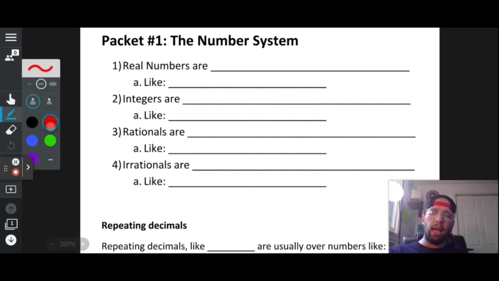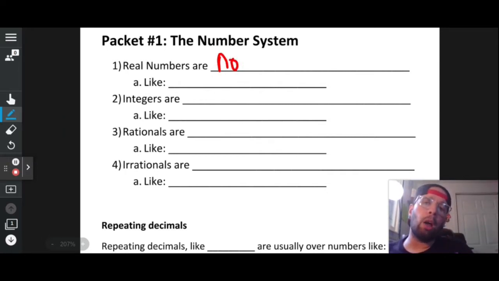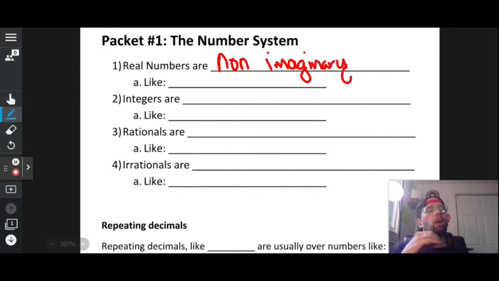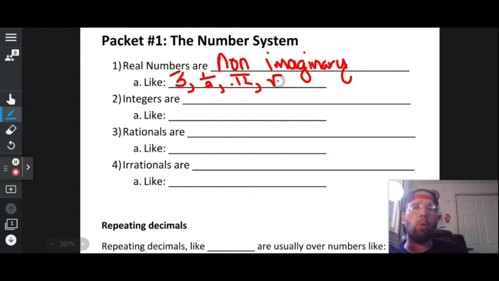Real numbers are basically any non-imaginary number. And if you're like, what's a non-imaginary number? Well, if you can come up with a number for a word problem, like 3.25, I spent $3.25 at the store. I need to take the square root of 20 feet. That's a real number too, and it may not be pleasant, but all real numbers, like 3 and a half and 0.12 repeating and the square root of 20, are all real numbers because they could exist in the real